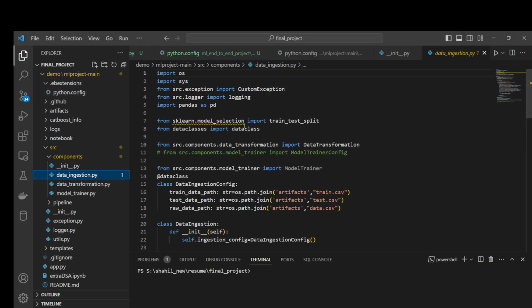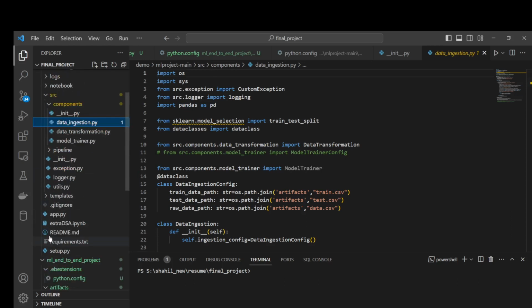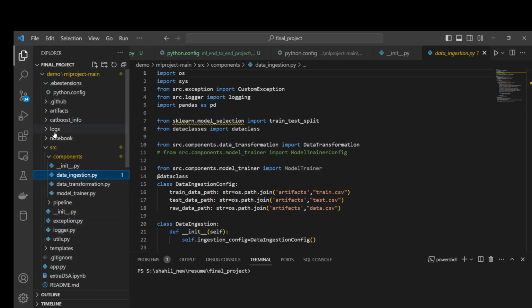This is our project where we start from the next part. So first of all, we create a data ingestion part where we collect data from the data source, that is in my data folder, in this part. And after that, what we have to do, we have a src for exceptions, and we import